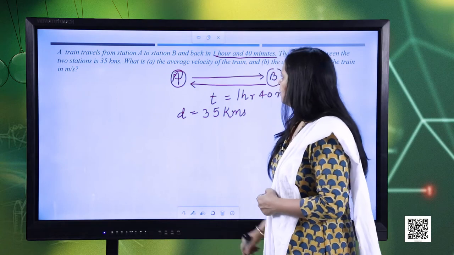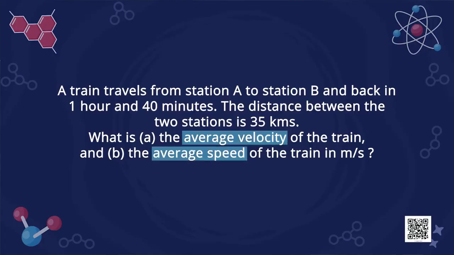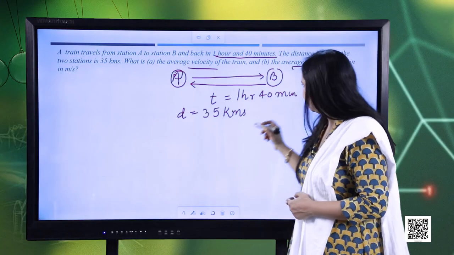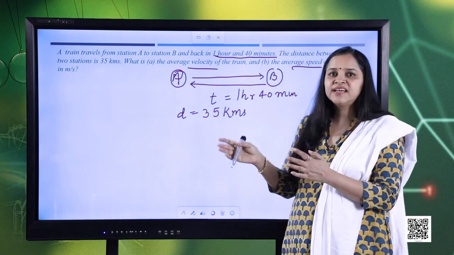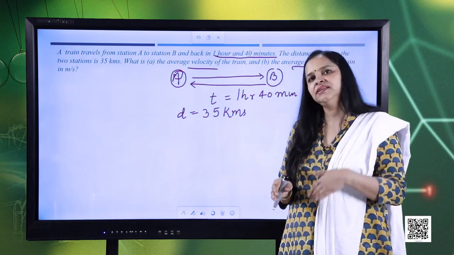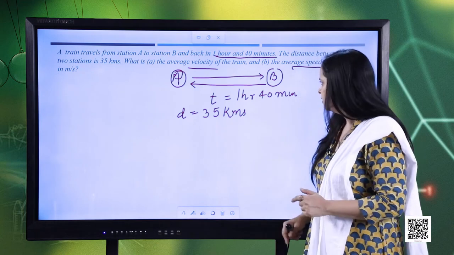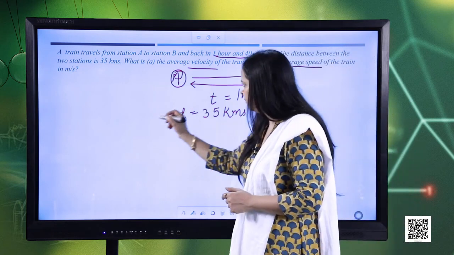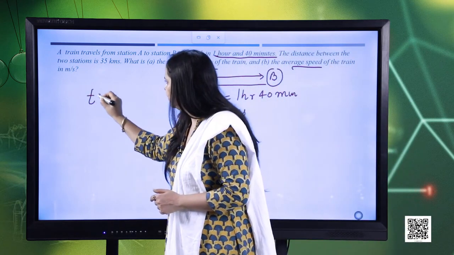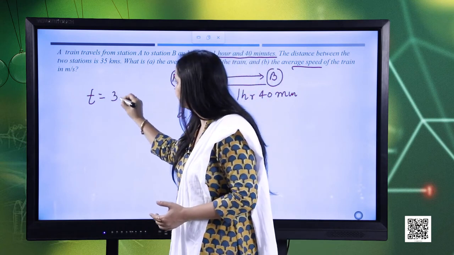Now, we need to find out the average velocity and the average speed of the train in meters per second. So here if you look at the units, the time is given in hours and minutes, the distance is given in kilometers. So first of all, we will convert time and distance into seconds and meters. So how to convert this time? The time will be 1 hour, which when converted into seconds, we get 3600 seconds